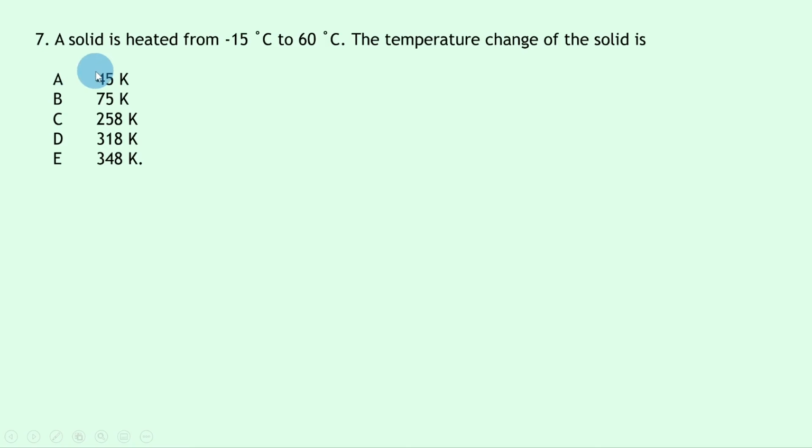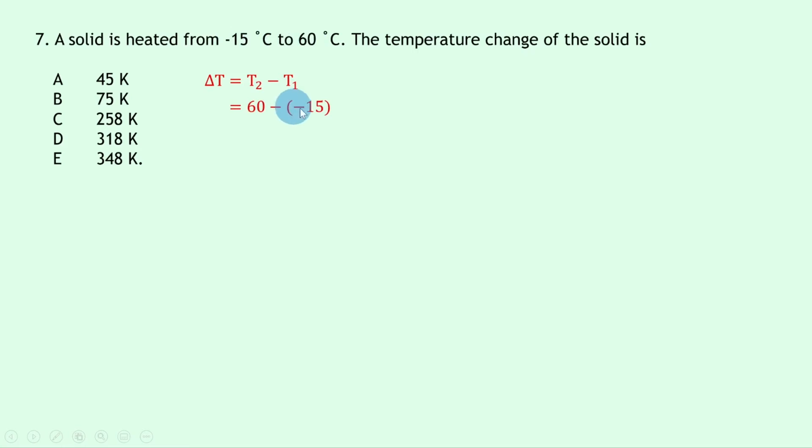Question 7 says a solid is heated from minus 15 degrees Celsius to 60 degrees Celsius. The temperature change of the solid is. Well, remember a temperature change in Kelvin is the same as a temperature change in degrees Celsius. So if this temperature change delta T is equal to this temperature minus this temperature, which is 60 minus minus 15,